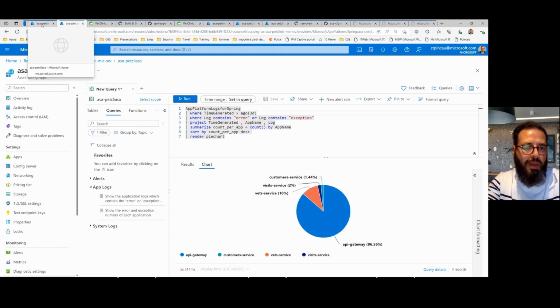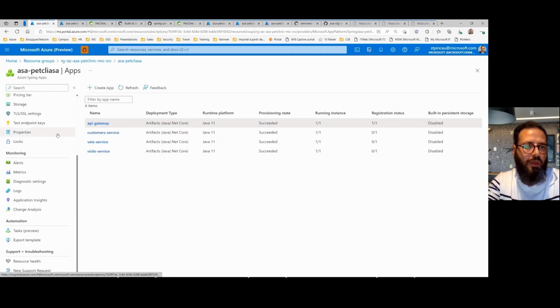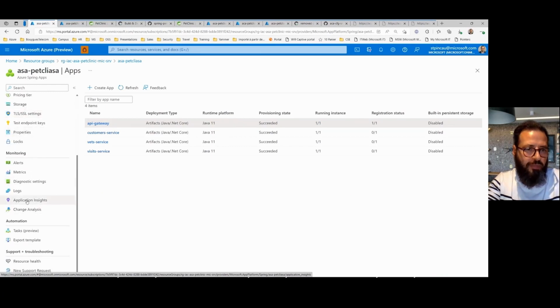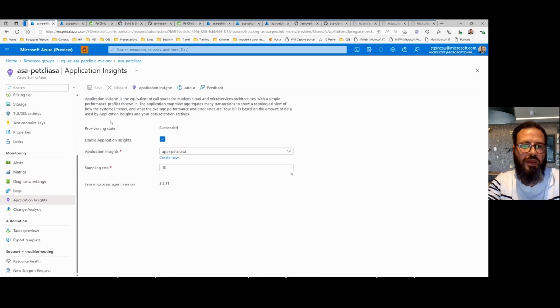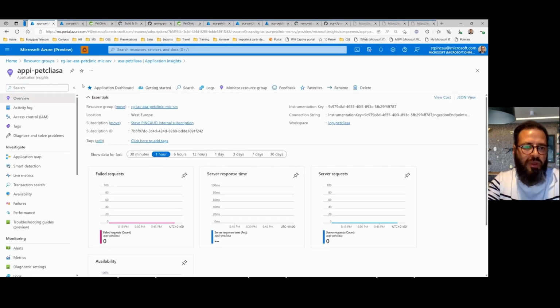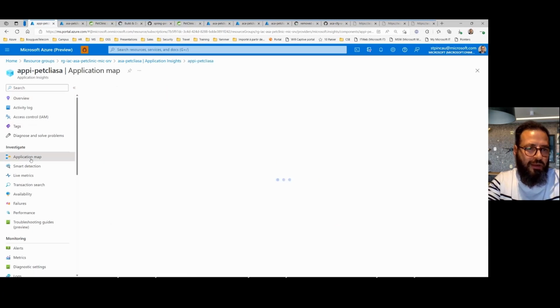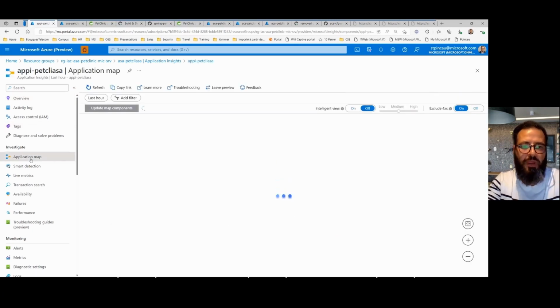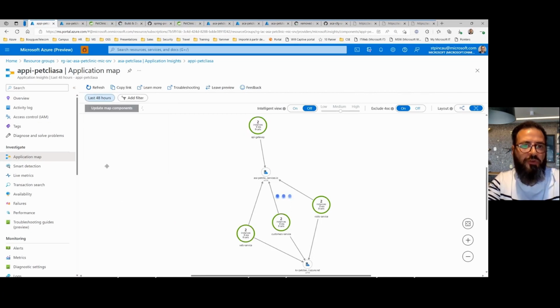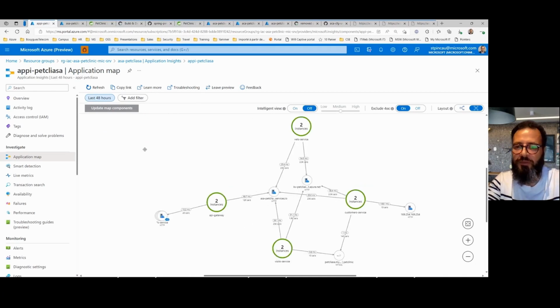Now, if I come back to Azure Spring Apps and I go to Application Insight, and I click here on Application Insight, I want to investigate, and I click on the application map. I want to investigate what the dependencies are between the services. I want to check what's happened since 2 days.